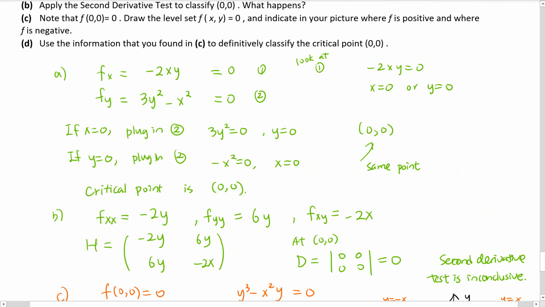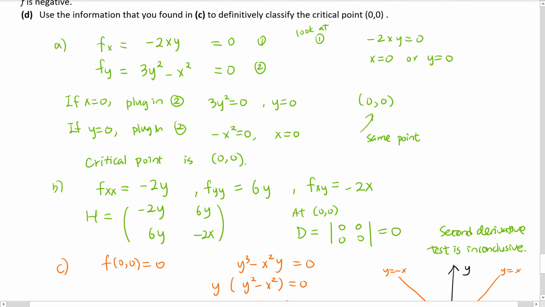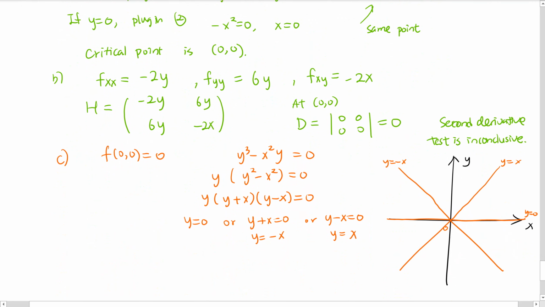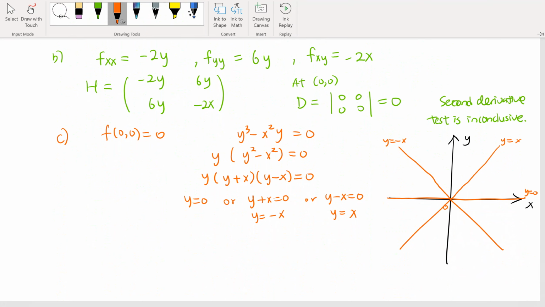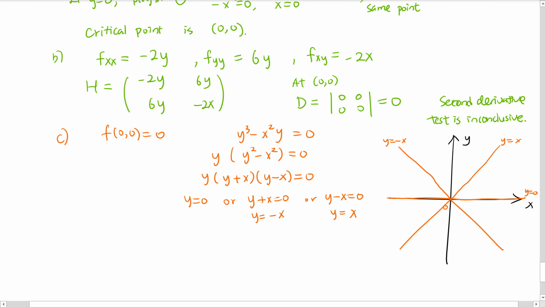Okay, let's see the problem. What do we do next? Oh, we want to indicate in our picture where f is positive and where f is negative. Okay. Let me use a different color. So this is my f, right? Let's pick some point here. Let's say this is 1, 1, and this point will be 2, 1. Okay, so f of 2, 1 is